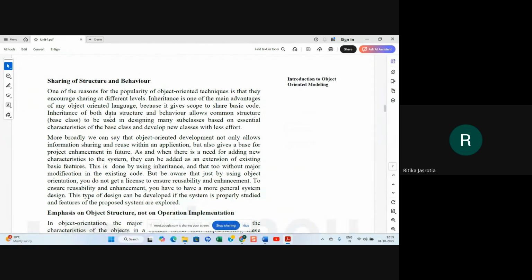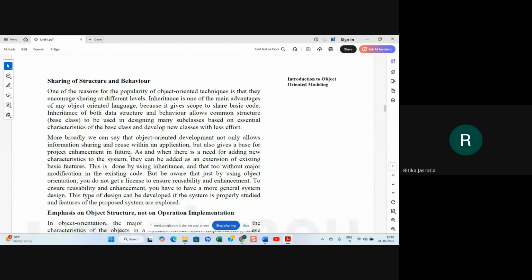The inheritance of both data structure and behavior allows common structure base class to be used in designing many subclasses based on essential characteristics of the base class and develop new classes with less effort. So base class is your parent class, and new classes will be your child class. Most broadly, we can say that object-oriented development not only allows information sharing and reuse within an application, but also gives a base for project enhancement in future. So you can also enhance with the help of inheritance.